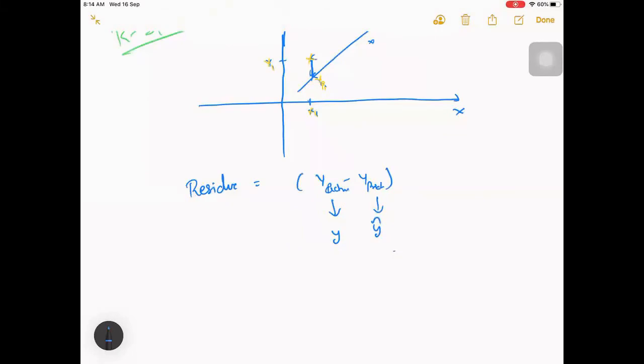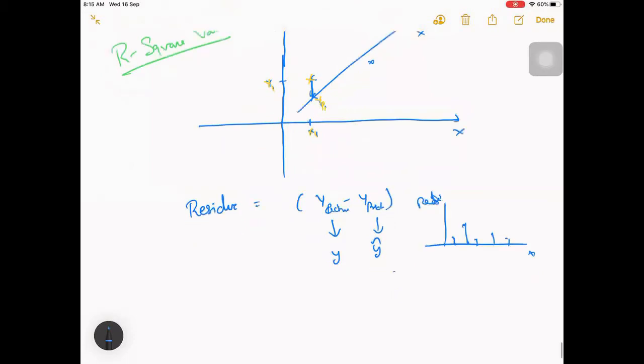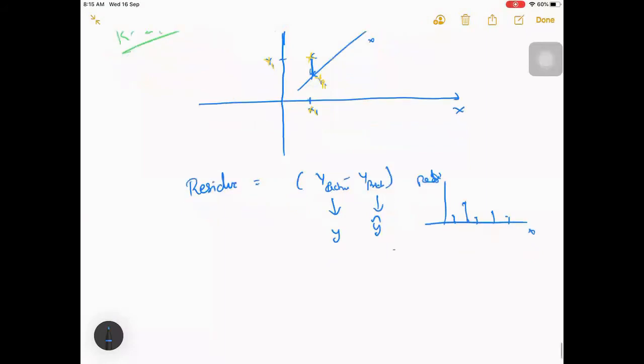There is also something like a residual plot which we will be plotting in some cases, where we only plot this residue against x. For each x, how much is the residue? Next x, how much is the residue? With this as well, we can see if the model is performing better or not. In the ideal case, when our model is very good, we'll get this residue as 0, right? Okay, take this apart.